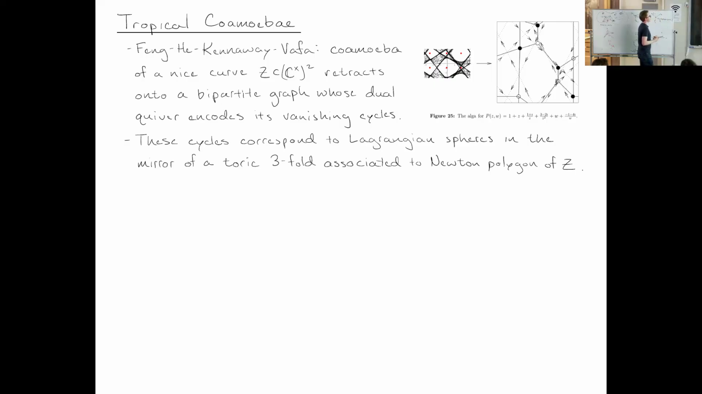and the arrows in that quiver will correspond to intersections among the vanishing cycles of the spectral curve. So this bipartite graph is a pictorial way of encoding the vanishing cycles of the curve. There were various reasons they were interested in them, but geometrically, the key thing is that